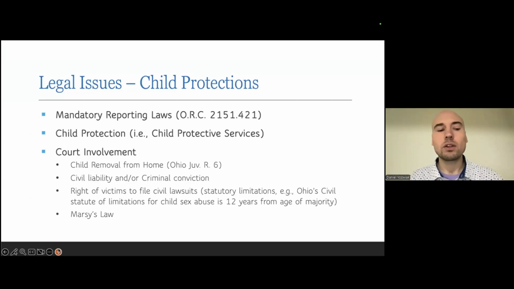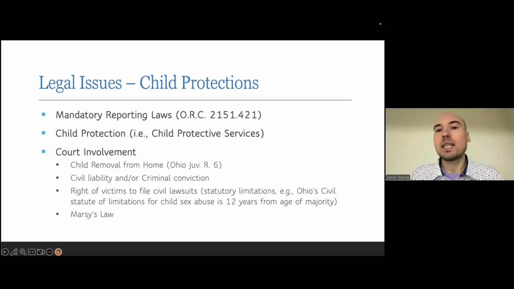So I just want to talk a little bit about some of the legal issues that we see. I'm sure everyone on this call, for the most part, is aware of the mandatory reporting laws. I put the Ohio Revised Code section there in case you'd like to see: am I really included? Am I really a mandated reporter? I would assume you would know if you are, but some people might not. Mandated reporters involve, of course, all medical professionals, teachers, pretty much anyone that in a professional capacity is interacting with children on a regular basis. Attorneys, of course, are also included in that.